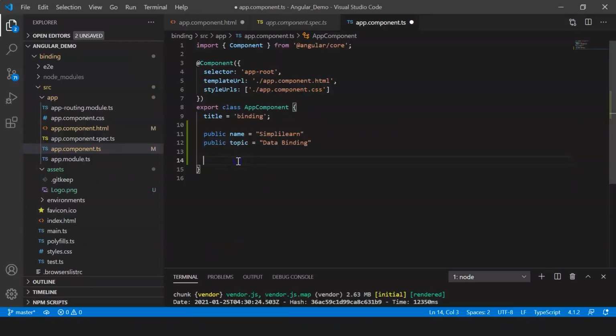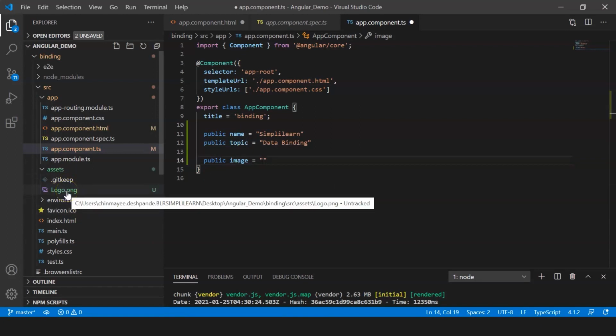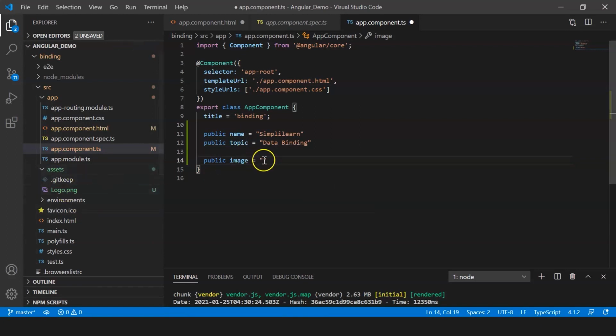So now I'm going to be creating an image variable, and I'm going to provide the path to my logo.png in my assets folder. So let me just say /assets/logo.png. Alright.